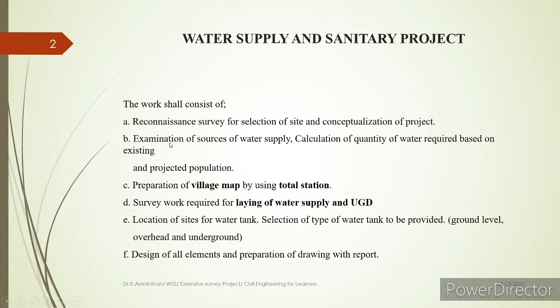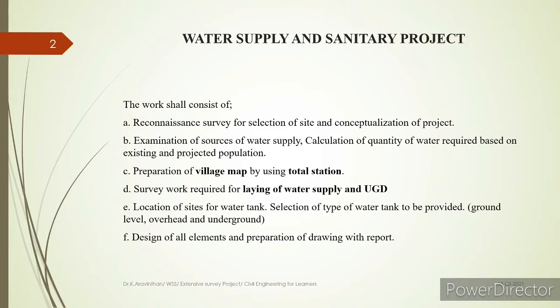The place where you are having the new tank project will be the source of water supply, or RTP, both. If there is any tank around your area, or any dam, that is the source of water for supplying water to each and every person, and calculation of the quantity of water based on the existing and projected population.